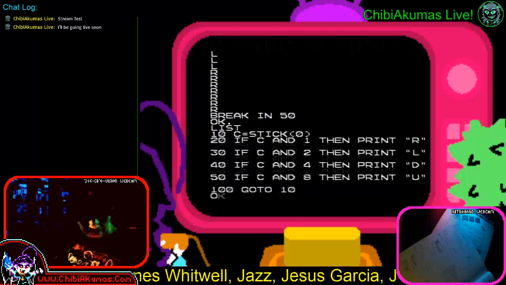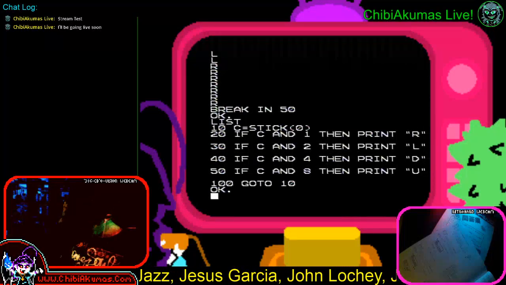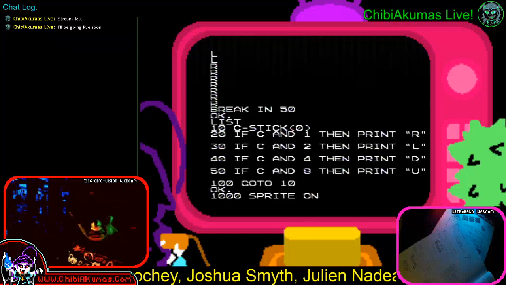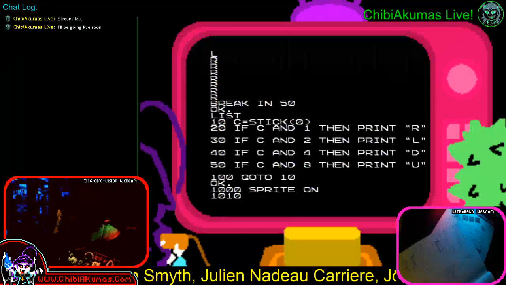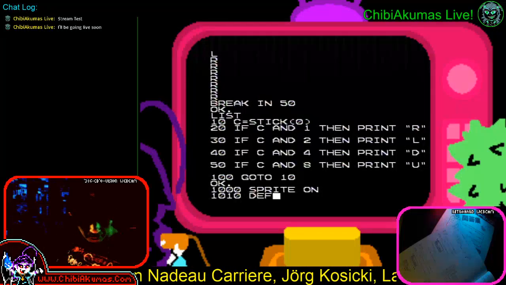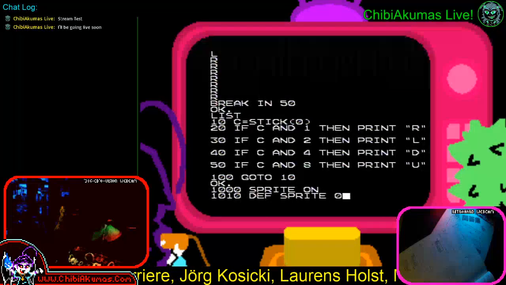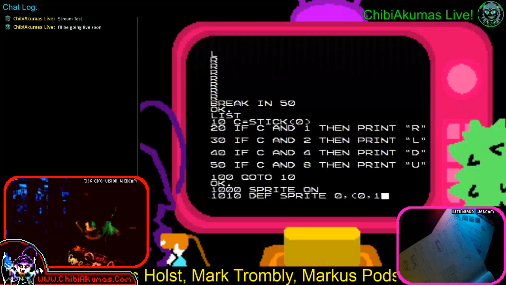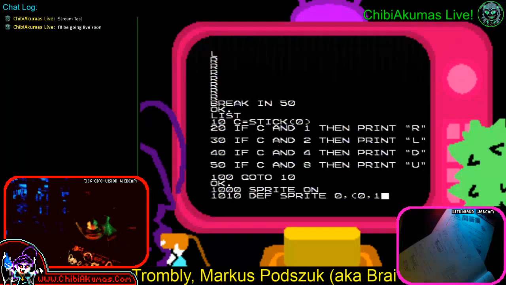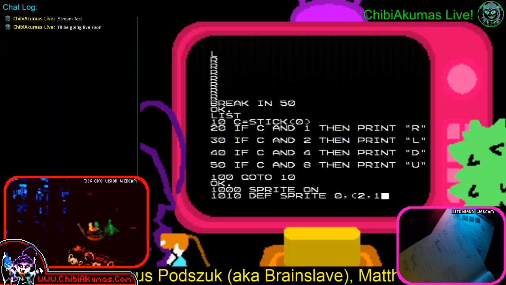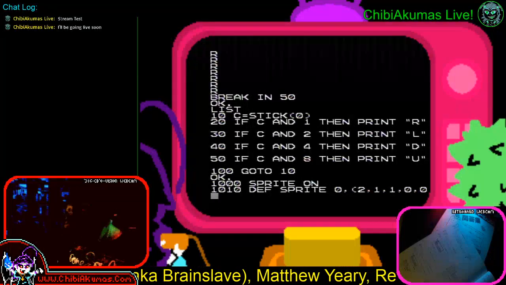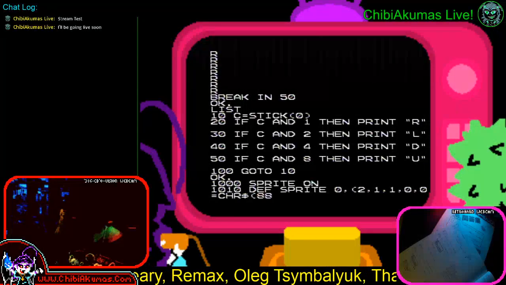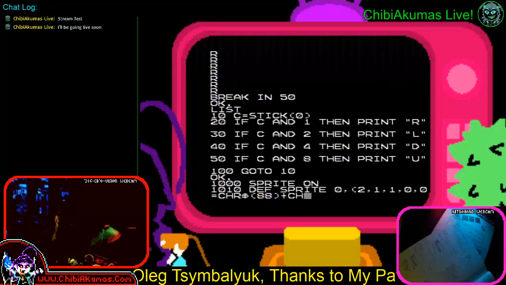List. Now, shockingly poor planning has left me with no starting space there, so we'll do an 1000 here and do sprite on. And then 1010 we'll do def sprite 0, comma, open brackets, 0, 1. Well, no, let's use colour 2 this time. 16 foreground 0, 0 equals CHR string 88 plus CHR string